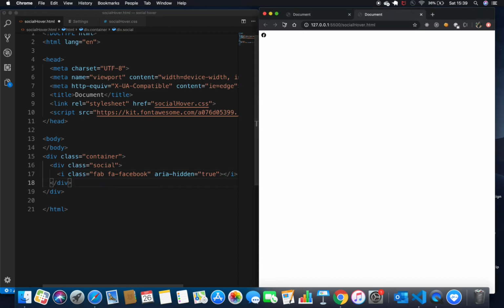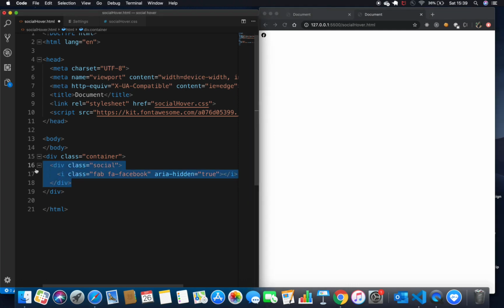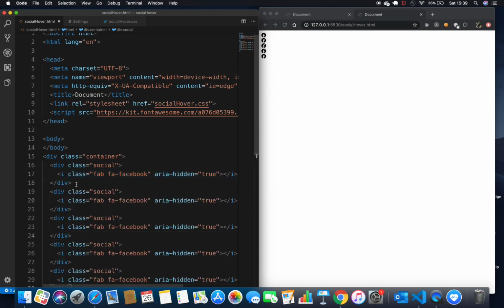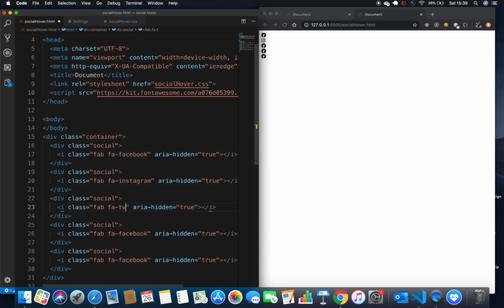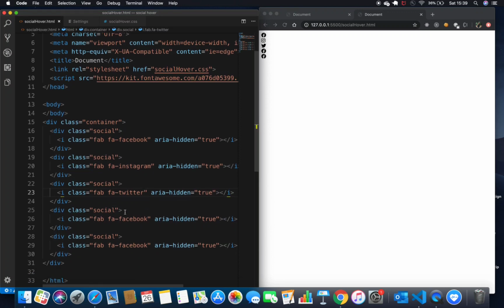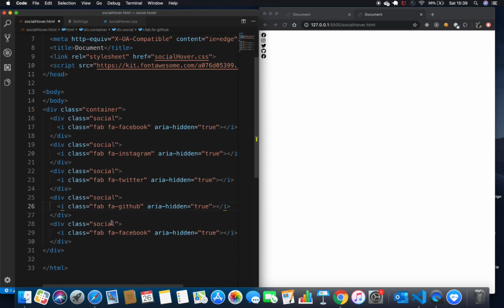Okay, let me go ahead and reload this. Yeah, so you have this Facebook icon here. I'm just going to go ahead and copy these. I'm going to be using 5 such icons. The second icon that I'll use is, let's say, Instagram. Okay, so we have Instagram there, and we have Twitter. Alright, so we have GitHub apart from this, and lastly we will use Telegram. Alright, so we have all our 5 icons in place now.